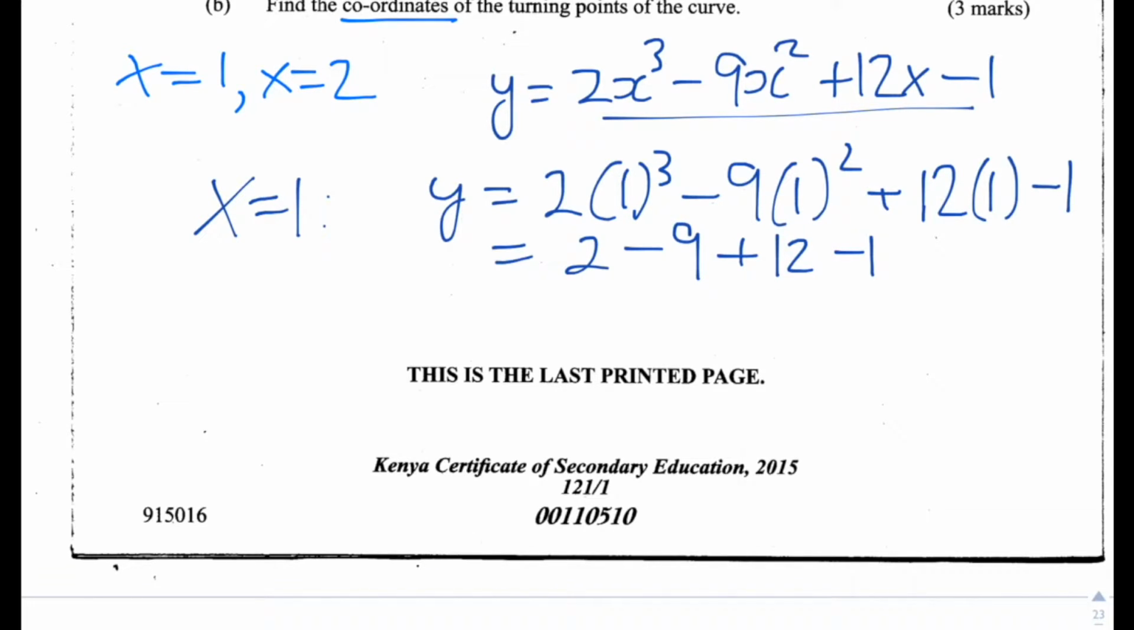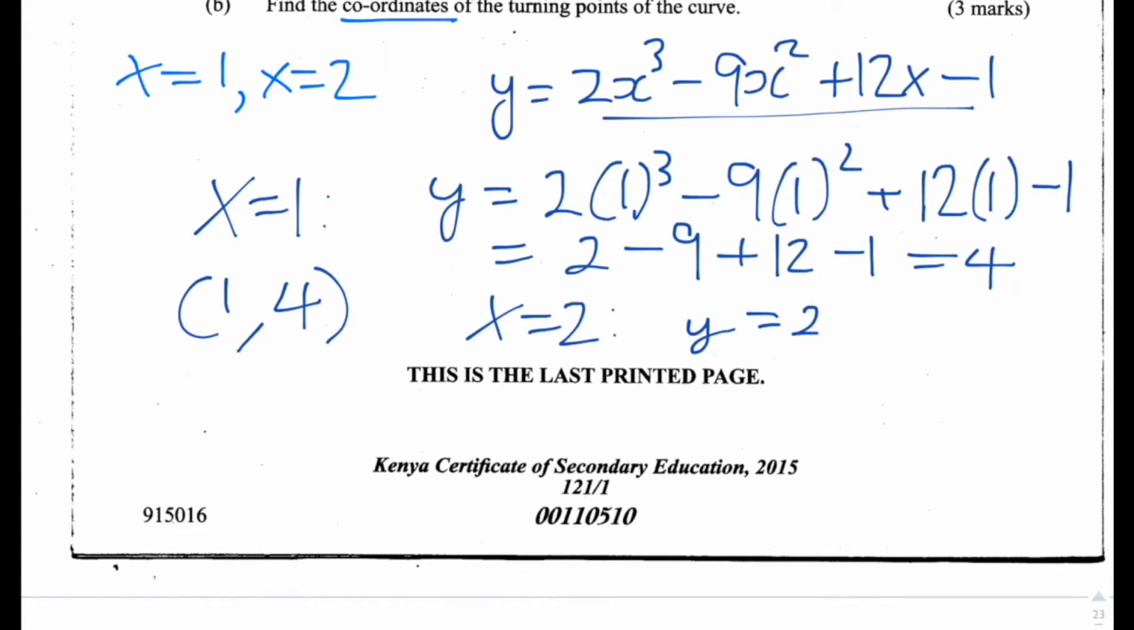So 2 minus 9 is minus 7. Minus 7 plus 12 is plus 5. Minus 1 is 4. So the coordinate for the first turning point is 1, 4. And then how about when x is equal to 2? So we have y